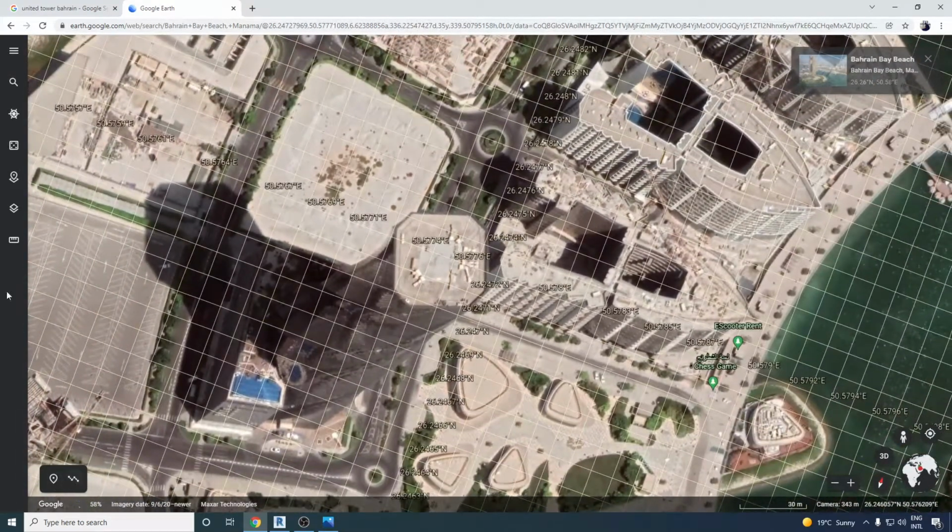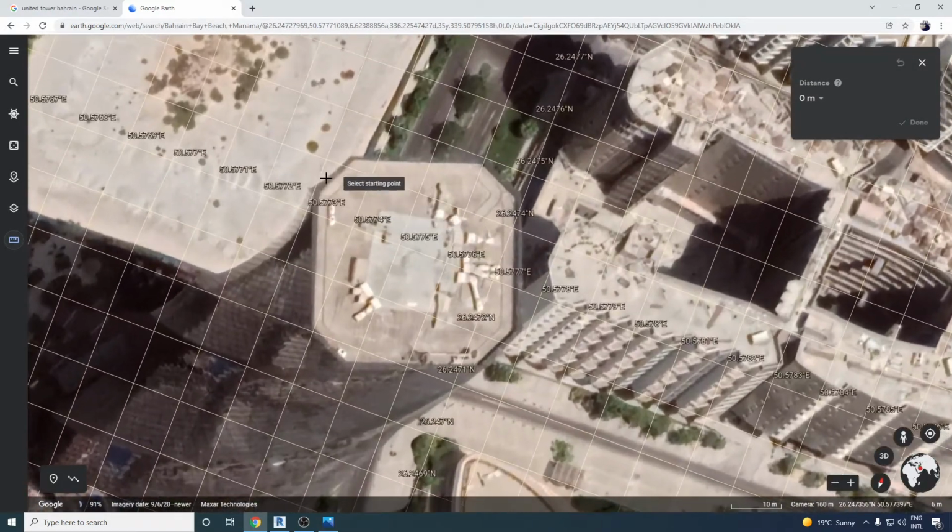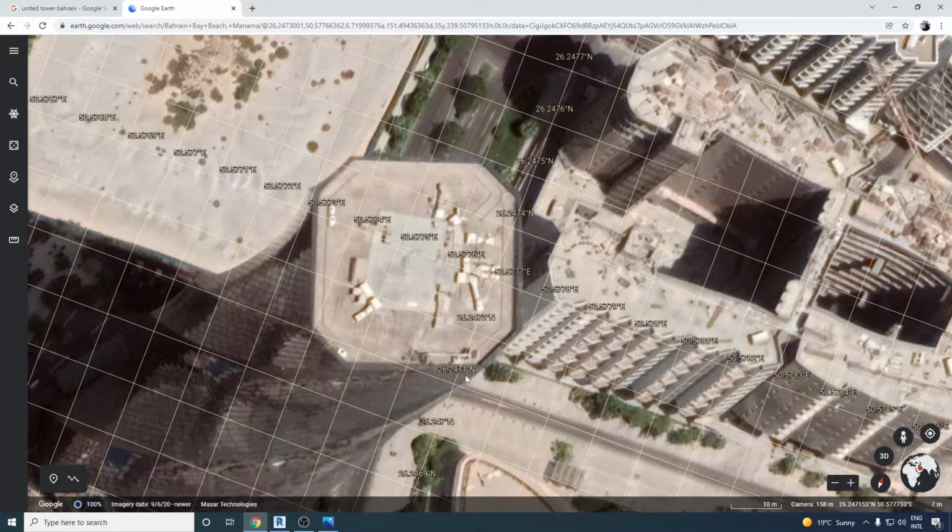So I can use my measure tool to measure the approximate value. It's starting from somewhere here to here. So it's 42. Okay. So what I'm going to do is use this cross section as 40 meter by 40 meter, and let's take this chamfer cut. From this point to this point somewhere here, I will take it as 5 meters. So the entire section will be a square, 40 meter by 40 meter with a chamfer of 5 meters in each corner.